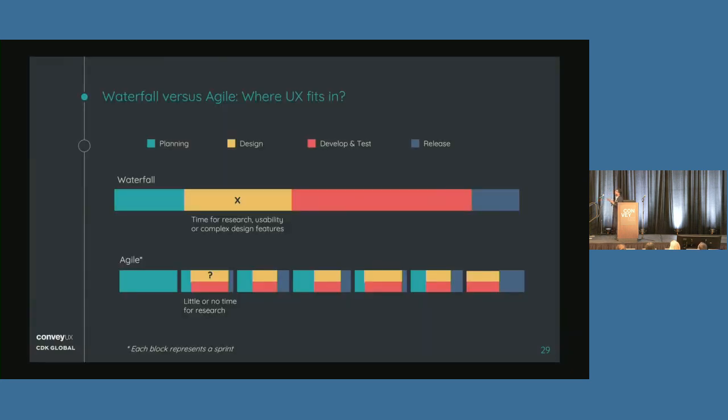So, I hope everybody knows the waterfall model, but just for everybody, you start with planning. You decide all the requirements. You do the design. You ship it off to a development team, and the development team works on it, tests it out, and then there's a whole release phase where you test it and do a UAT, and your product gets launched. So back in the day when they used to do this, and if you remember UX, if you go